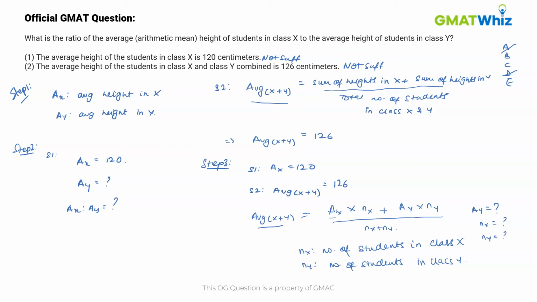So three variables are still unknown to us. Hence, we cannot find the ratio of the average height in class X to the average height of students in class Y. Hence, the statements together are also not sufficient, and thus the correct answer is option